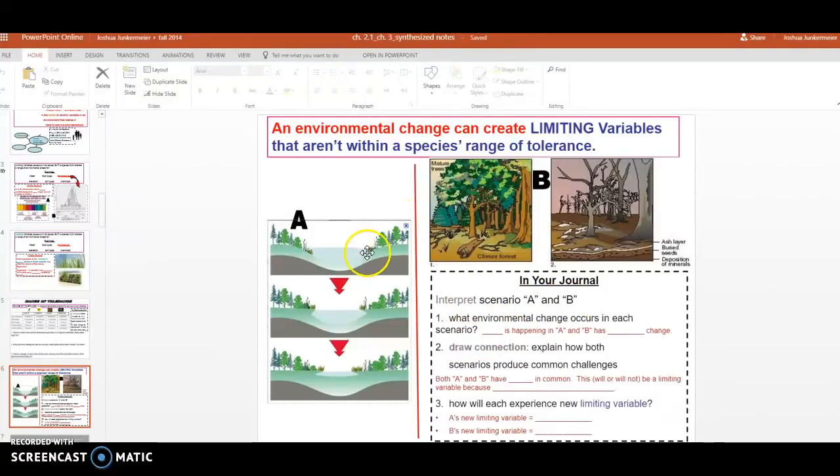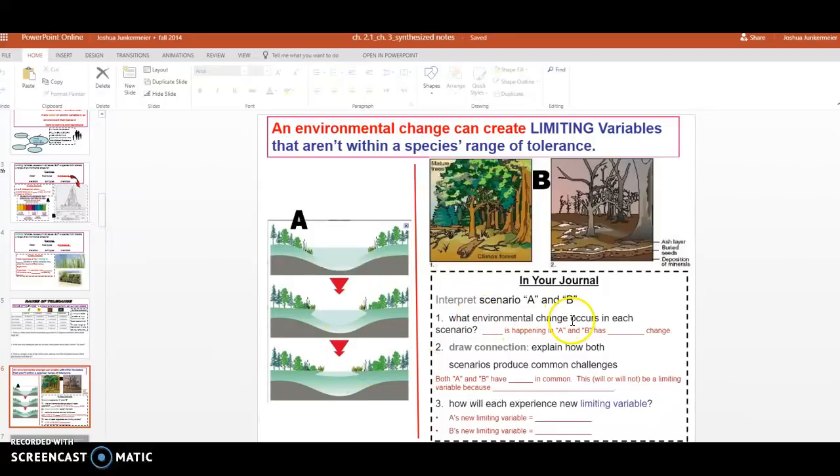So we need to look at picture A. What is shrinking based on the artist's drawing or this model? From the beginning here, there was more of it, and then it's less and less. And we're also increasing the amount of this. So what are we getting more of in the environment, and what are we losing in the environment over time? This is what it used to be, and now this is what it looks like now. So the top is the beginning, earlier, and the bottom is the end, last.